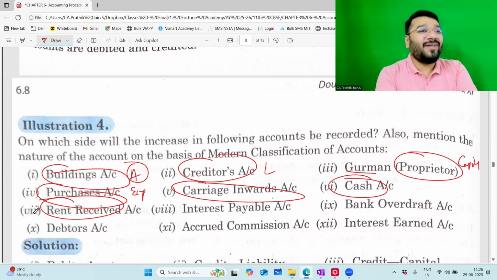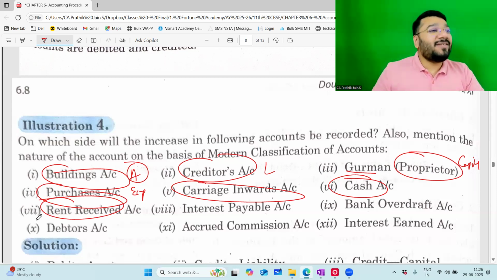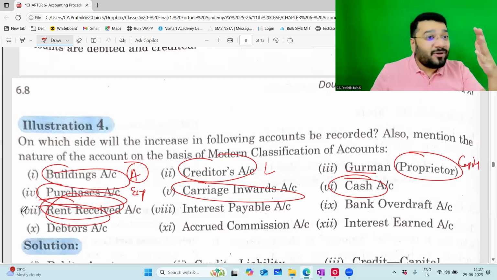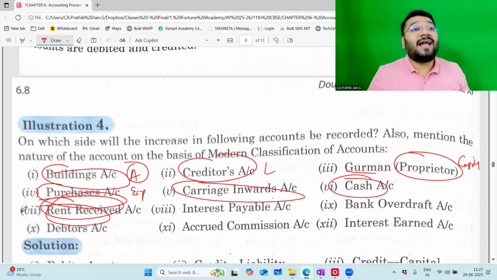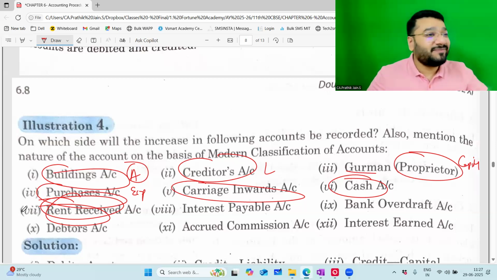Which means you're not confident about the answer. How much ever look I give, sir, what look you're giving? I know this is the answer. That is how the confidence you should show and exhibit. What is rent received? Revenue, 100% revenue. So what you said initially is 100% right. But life is not so easy. Even when you do certain things right, life is telling you, no, poking you. You have to be strong in what you're believing.